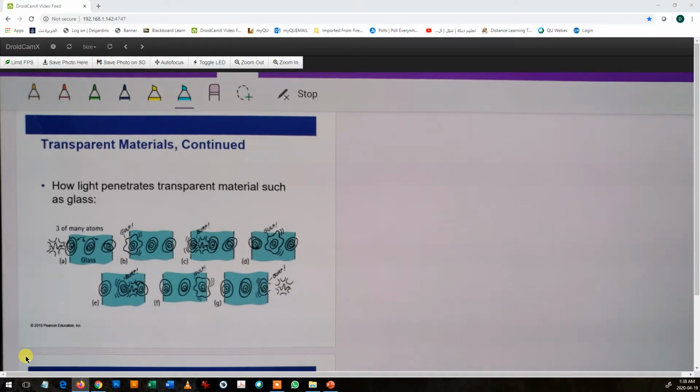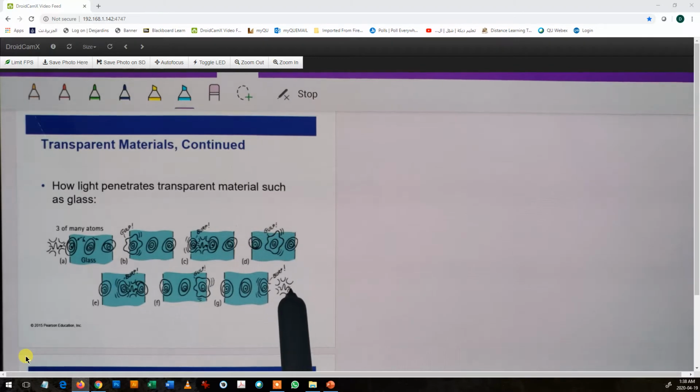Here he is trying to tell us one major idea. When light goes through a transparent material, he will explain in terms of photons. So basically, when in a transparent material, photons will be absorbed by atoms and then ejected again, and then absorbed by the second atom and then ejected again, and then absorbed until it goes out